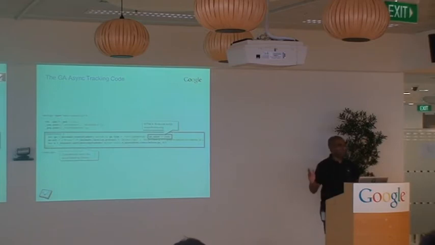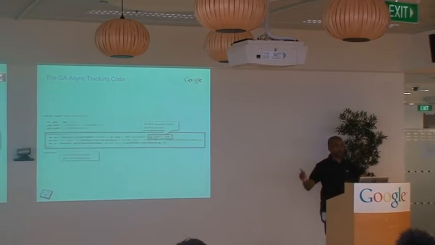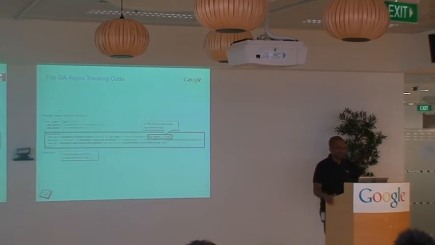So for browsers that support HTML5 features and the async attribute, it will download and execute the script in parallel to the rest of the page. For traditional browsers that don't support this, it will ignore the attribute and load the code as per usual, and it may block the rest of the loading until it loads ga.js. But it shouldn't be a significant block; it'd be a quick update.